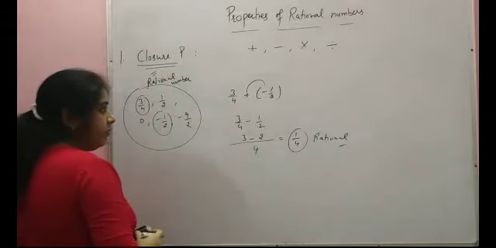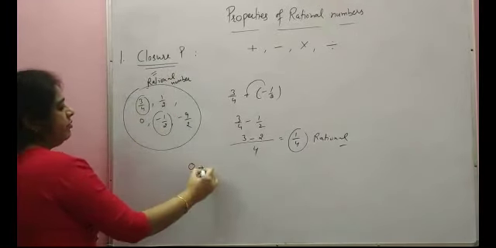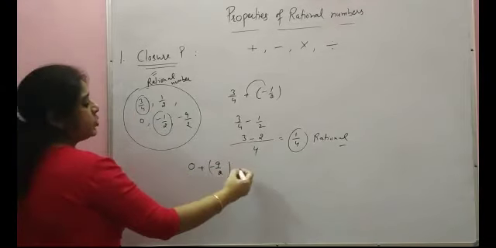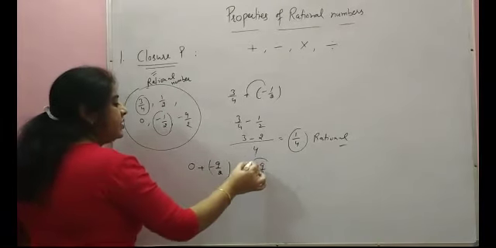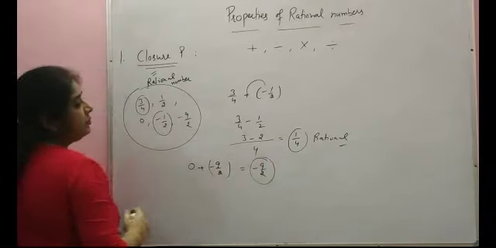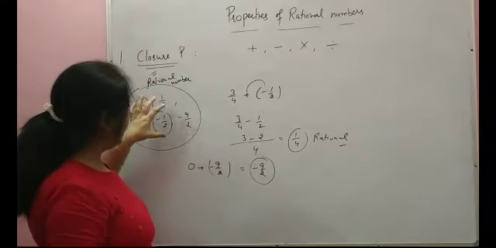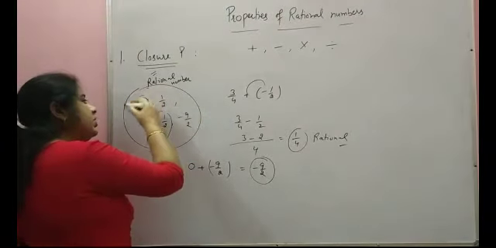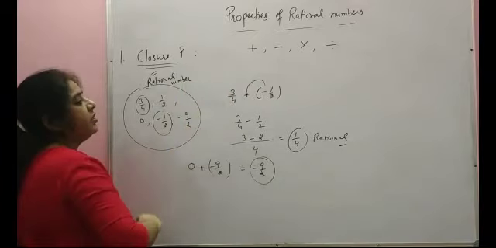It means when, take any other example, take 0 with this negative rational number. When we add these two, the answer would be the same, minus 9 by 2. This is itself a rational number. It means we observe that when we are adding any two rational numbers, the answer belongs to this same box. It means the answer will always be a rational number.